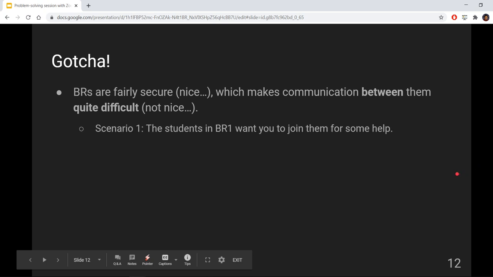Sorry about that. In the first scenario, as we've discussed, the students in breakout room 1 might want you to join them for some help. However, in the breakout rooms, they have no way of chatting with the main meeting room. And so, how do they get your attention? Well, one person could leave the room, find you in the main meeting room, and have both of you rejoin